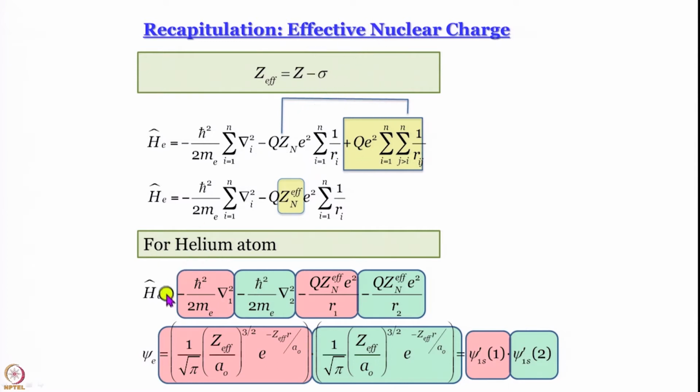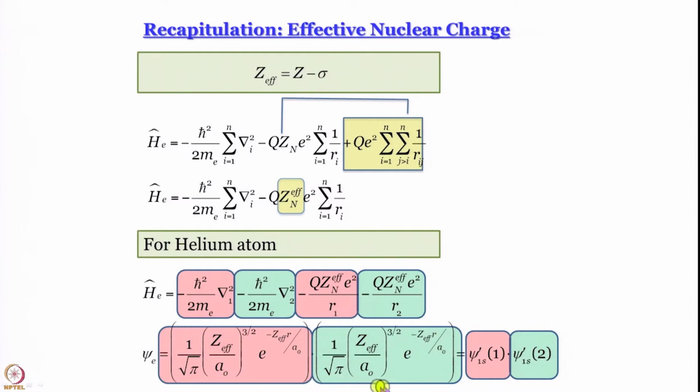And for helium atom, for example, the Hamiltonian is going to be a sum of 4 terms. I have shown the terms due to each electron in a different color, and the wave function would also be a product of 2 wave functions, one in electron 1, one in electron 2. And to start with, we work within the ambit of orbital approximation, which says that the wave functions here are essentially atomic orbitals. In case of helium, these are 1s orbitals.